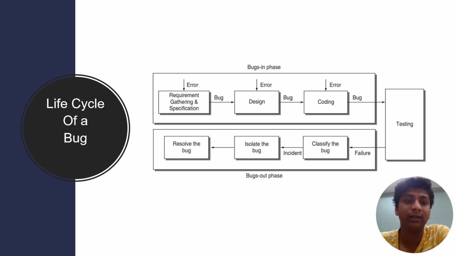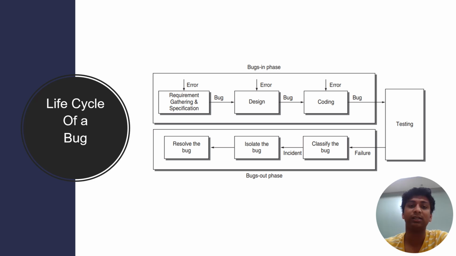Requirement gathering and specifications: once you gather all the requirements, if there's an error, it will create a bug. Then you'll design it, then you code it, and you send it for testing. If the testing people are unable to find the bug, then it will lead to the